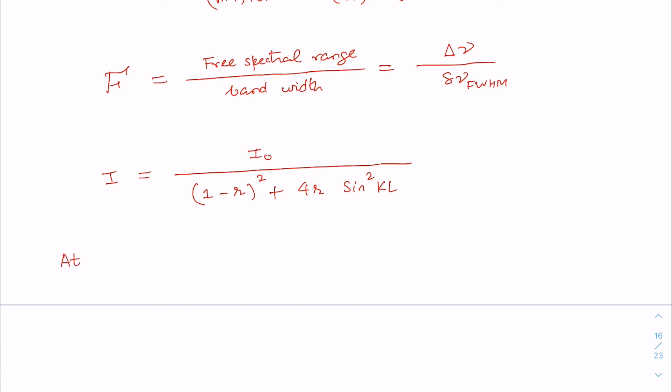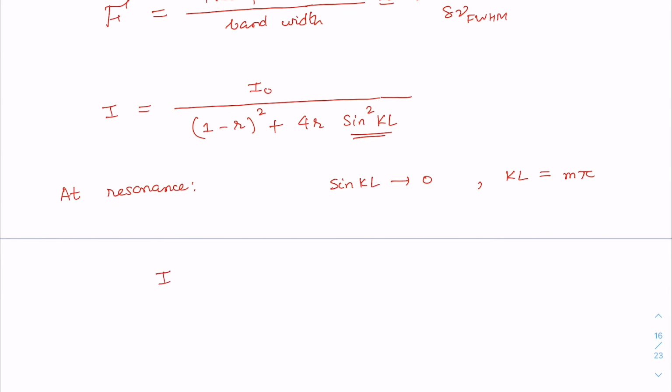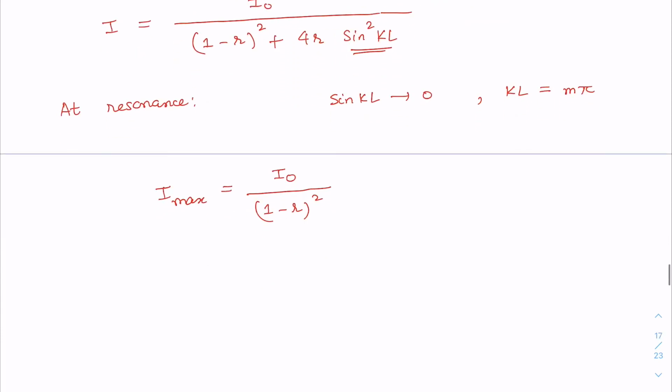Maximum intensity we'll get at resonance. At resonance, this sine KL would tend to 0, because at resonance, as you know the resonance condition, KL is equal to integral multiple of pi, so therefore this term will vanish. So you will have the maximum intensity, that is I max is equal to I0 divided by 1 minus R whole square. On the other hand, far off resonance